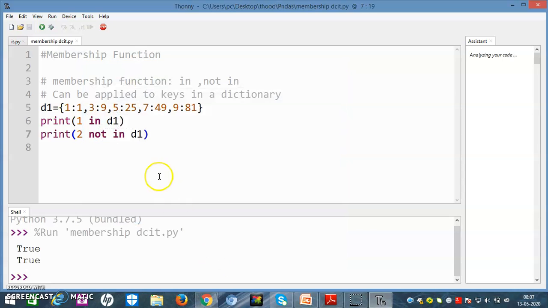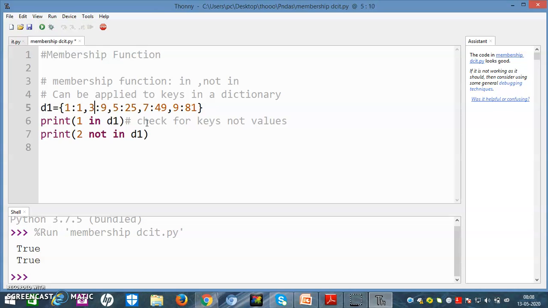The answer will be true and true because it will check for keys. Check for keys, not values. Now it evaluates to true and it evaluates to false, as there is no 2 key in that.